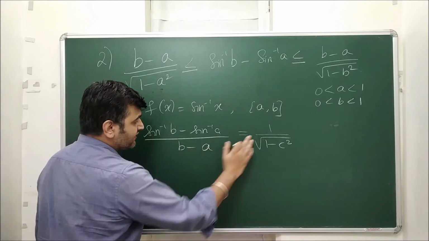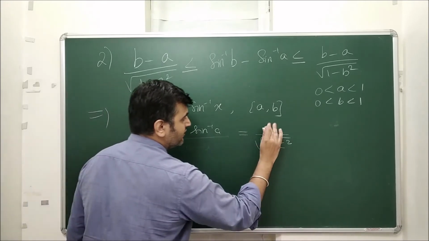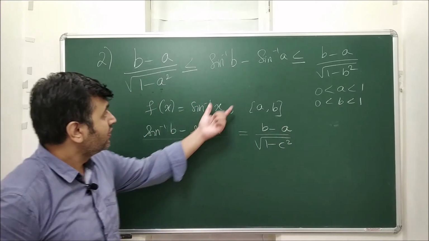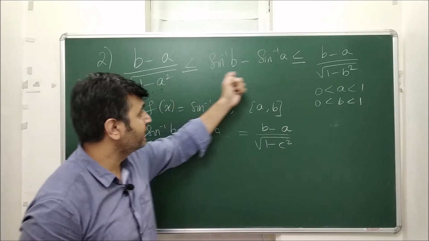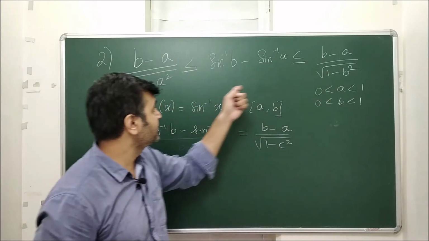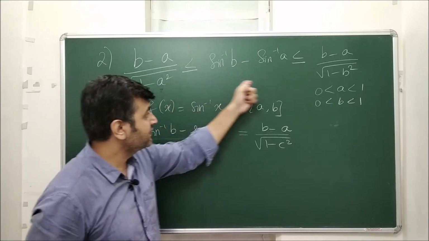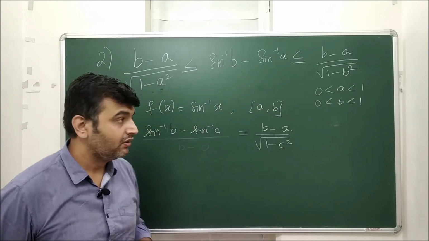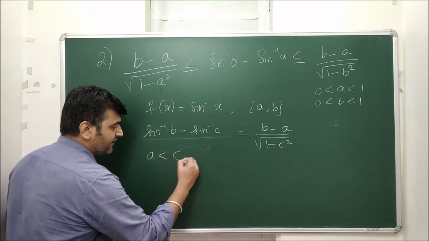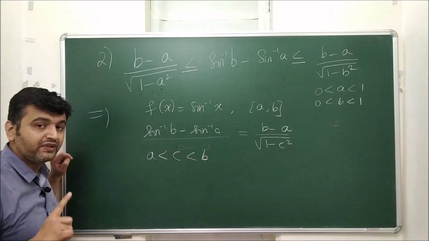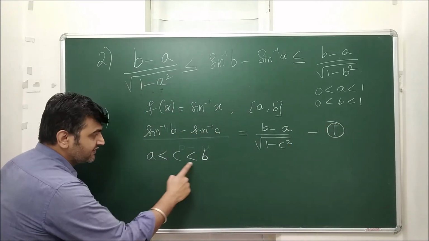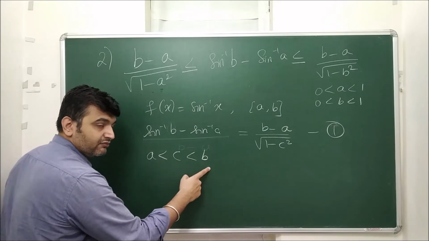Now you can take b minus a over here. So this is nothing but b minus a upon this. Now this should be bounded between these two values, right? So I have b minus a. What I don't have is these two quantities, and in place of this I have c in between. Now what is your c? By mean value theorem, the c is between a and b, right? c belongs to the open interval (a, b). Now let me call this one. Okay, so now since c is between a and b, I have this inequality.